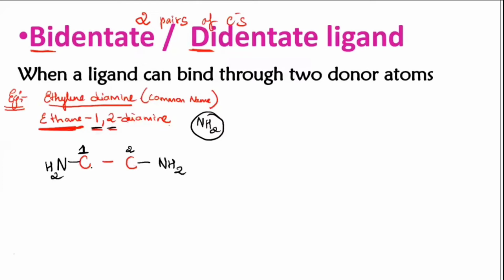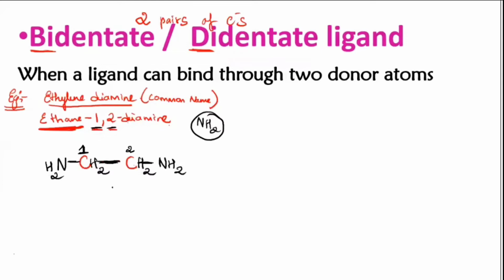Then satisfy the valency of these two carbons I have written. How many is the carbon valency? 4. So two bonds, this side and that side, one here and one here. So I should have two more hydrogens. So CH2. Even over here, towards the left side and right side I have two bonds, so the remaining is two hydrogens, so CH2. So this is ethane 1, 2 diamine. The structure I have given here: first position NH2 group, second position NH2 group.